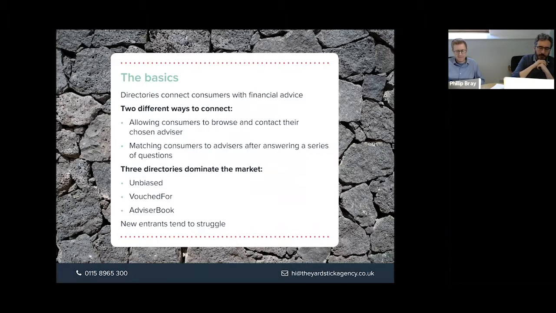It's not a paid for directory, so maybe to clarify my comments, if we're talking about paid for directories, I would limit it to Unbiased, Voucher, and AdvisorBook. However, I would make sure that my profile was fully completed on the CISI website if I was accredited, on the CII chartered directory if I was a chartered firm, and anything else such as the one that Wasim's talked about there. Anything else that's come in while we've been talking? Just one comment from Scott that says, signed up to AdvisorBook, but can't recall any inquiries via this. Thanks, Scott.